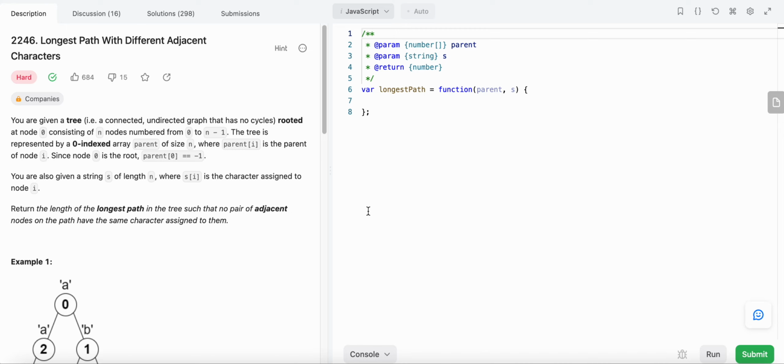Hello friends, today I'm going to solve LeetCode problem number 2246, longest path with different adjacent characters. In this problem we are given a tree with n nodes numbered from 0 to n minus 1 and the root node is 0, and we are given a parent array where parent[i] is the parent of node i, and we are also given a string s where the value at index i is the